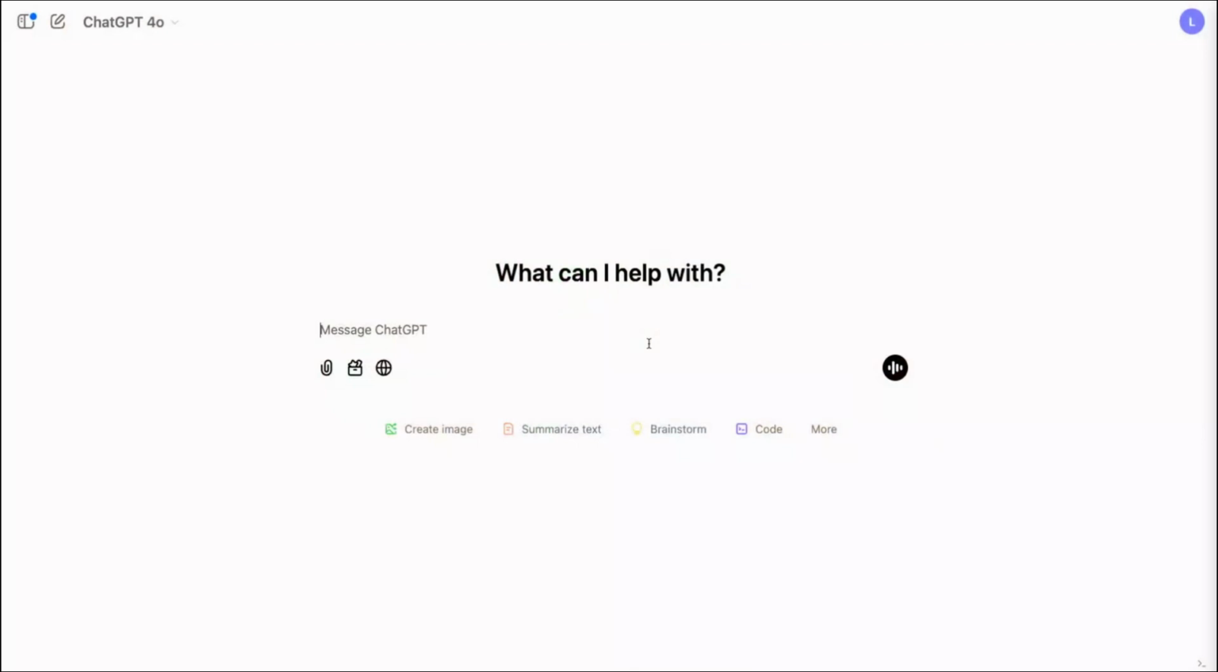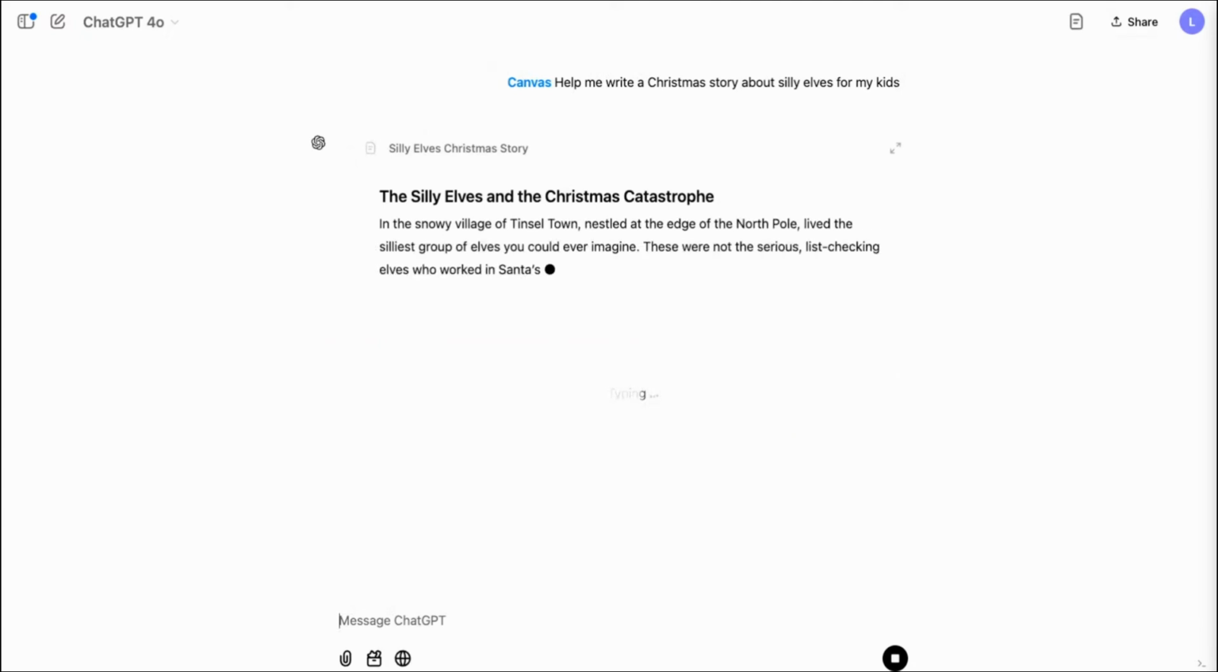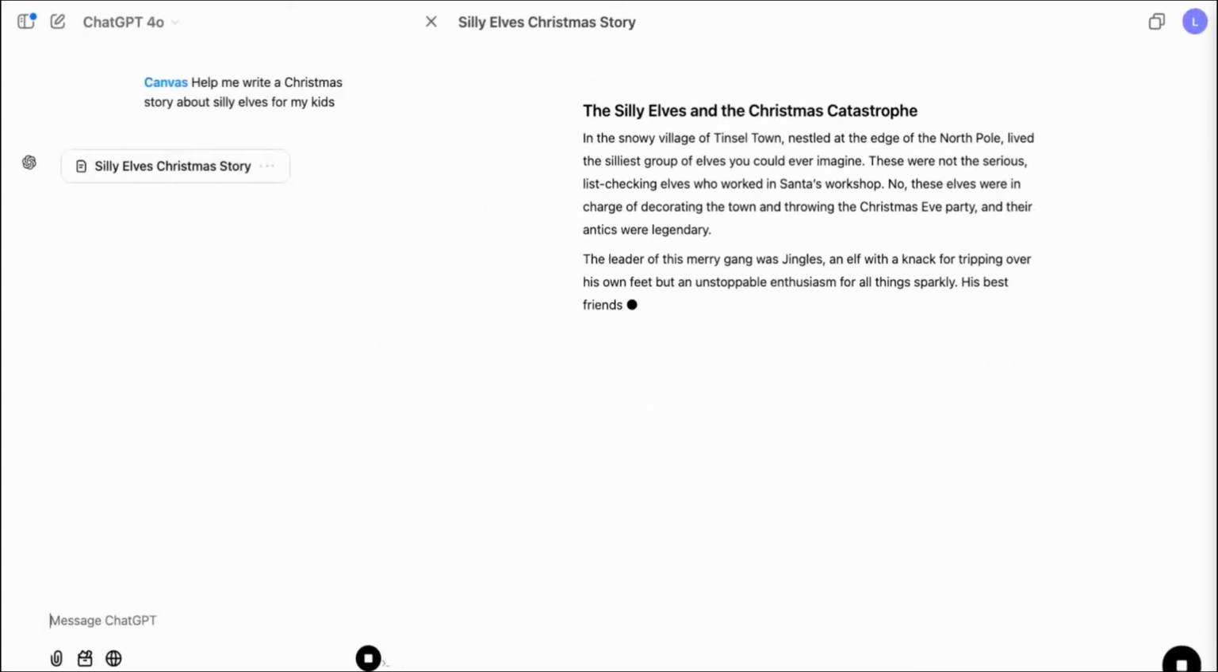So if I go to ChatGPT, you'll notice starting today, there's a new button in the Composer that lets us see all the tools available, one of which is Canvas. So I'm going to click that. And now anything that I type here is going to create a canvas. So let's write that story. Help me write a Christmas story about silly elves for my kids. And I'm going to send that off to ChatGPT, and it's going to get started right away on making a